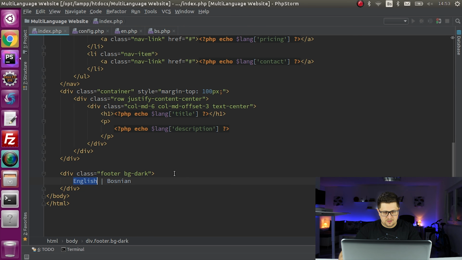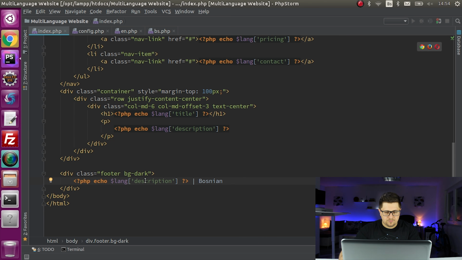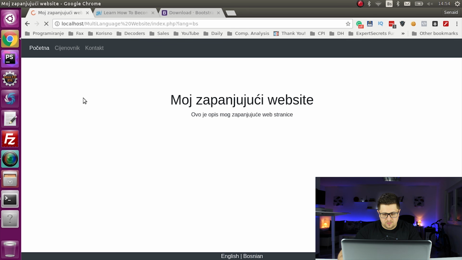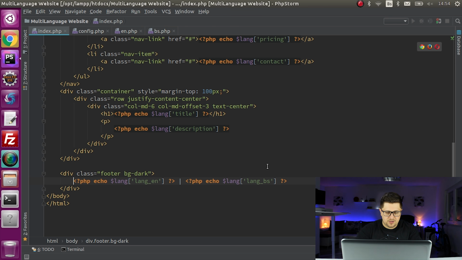So we will say like this, language and language Bosnian. So let's try now. Yeah, it is working now. And of course we will need to include the links here. So just say like index.php language